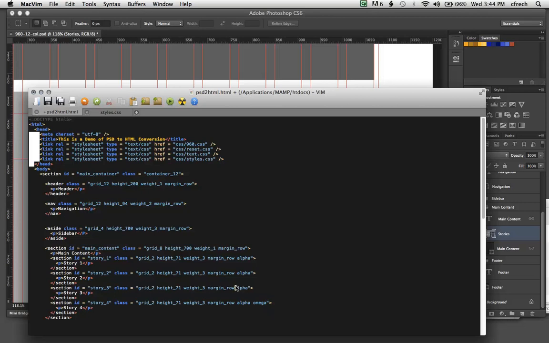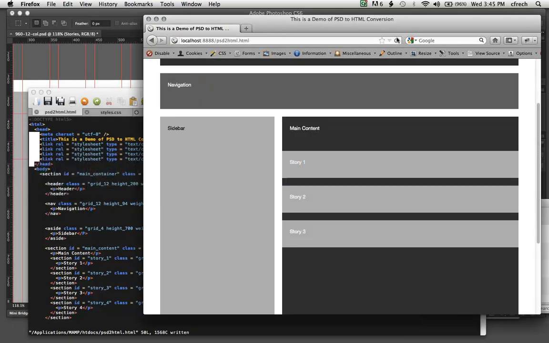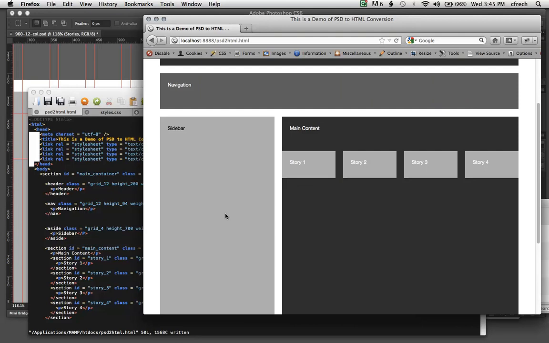Whoop, got rid of a little too much. Okay, get rid of alpha, make sure we have a space there, and we can also get rid of alpha on this one. Okay, so our first column has alpha, our last column has omega, and our middle columns, they don't need anything. Save that, come back to Firefox, and see what we're working with. Okay, there we have an inner 4-column layout within our main content section here, our main content region on the